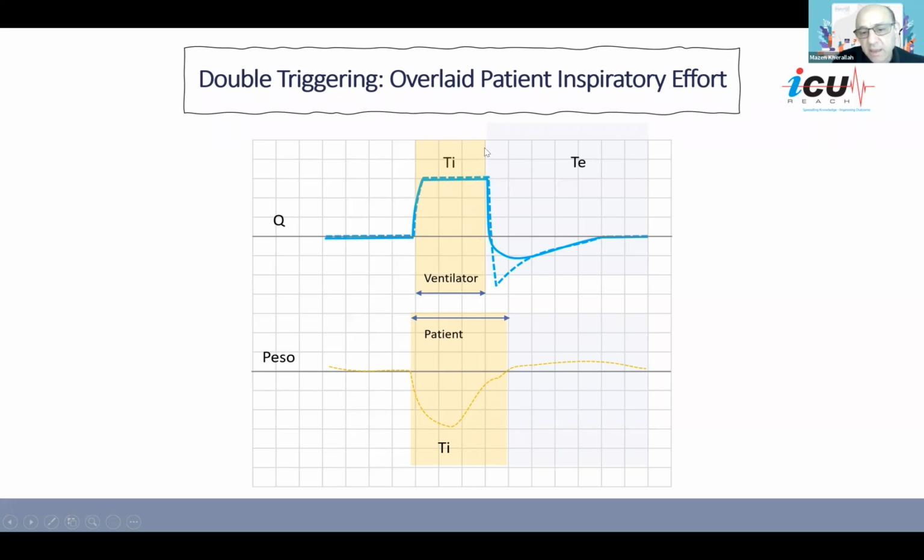Notice here that the ventilator inspiratory time is finished. However, the patient did not finish his inspiration. And you can see that he's still having a negative inspiratory effort here. However, this is the trigger threshold. At this point here, you see that the pressure is actually above the trigger threshold. It is an inspiratory effort of the patient, however, it is not actually big enough to trigger the ventilator again. It caused some changes in the